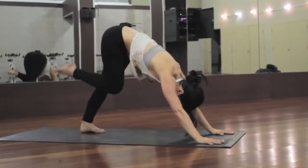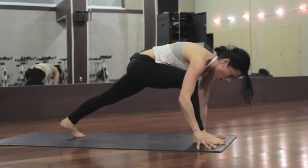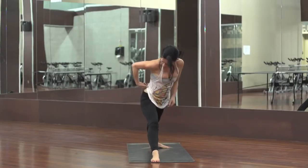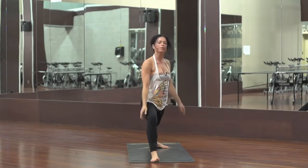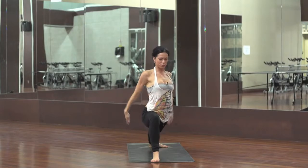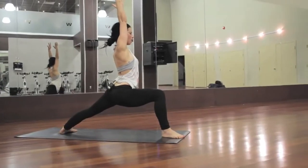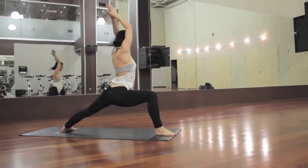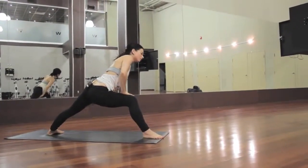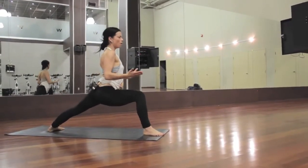We're going to raise our right leg and step our right leg forward. We're going to drop our back heel. Allow our sit bones to really drop down, bending our front knee. We're going to come up into a warrior one. When you're in warrior one, allow your back leg to lead. The inside of your thigh to really drag down, pushing yourself forward,